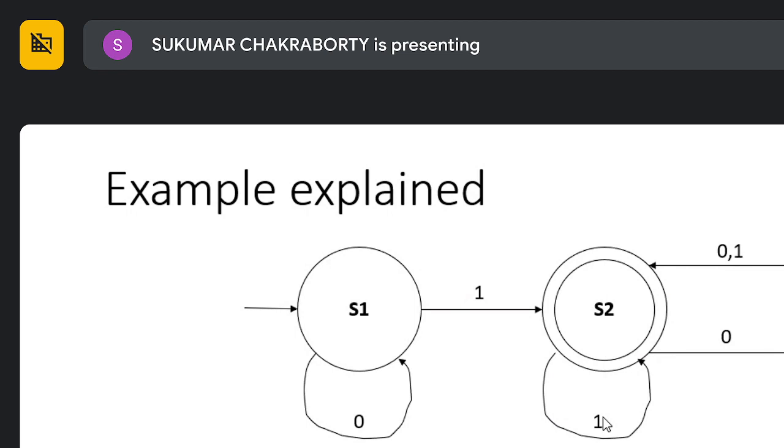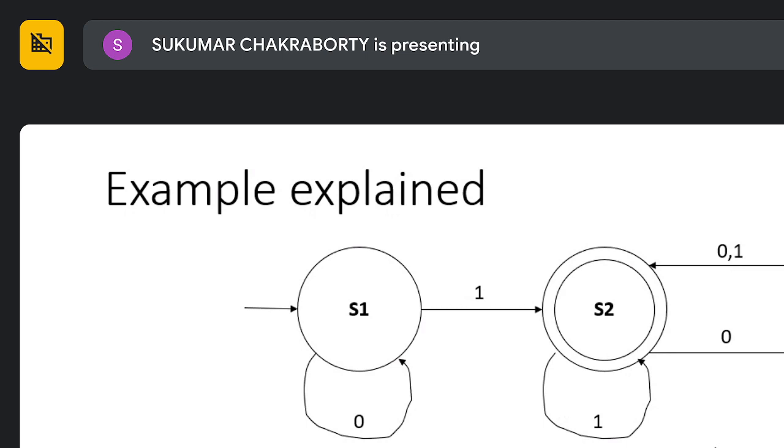Accepted. Accepted. So it is not an odd number only. This is the characteristic of the general string: any string with zeros and ones with at least one 1. So you need to provide at least one 1. Otherwise it will remain in S1. If you keep on giving zeros, then it will never go to S2. So you need to provide at least one 1, and the string should be